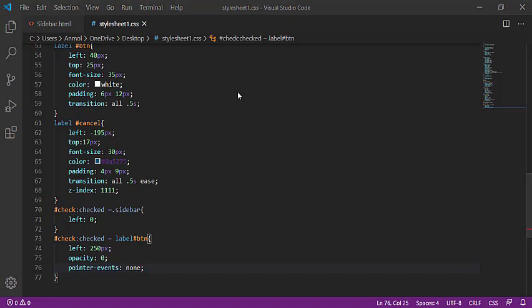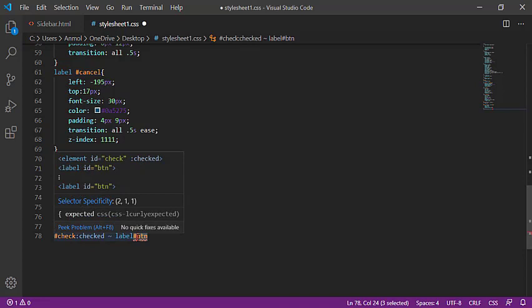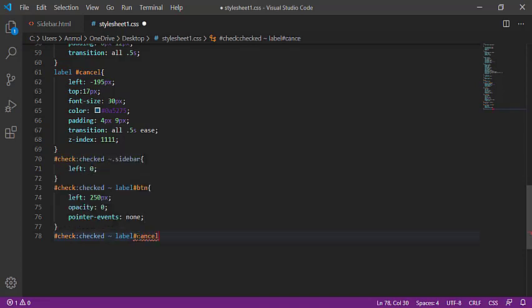Now run this. Again same to the cancel button. So I'm copying this and pasting here, and replace the btn to the cancel id.